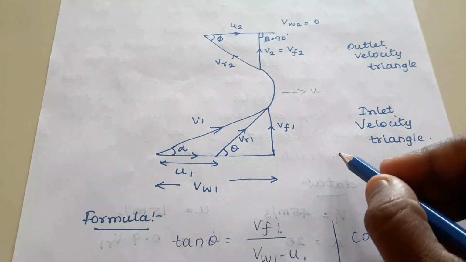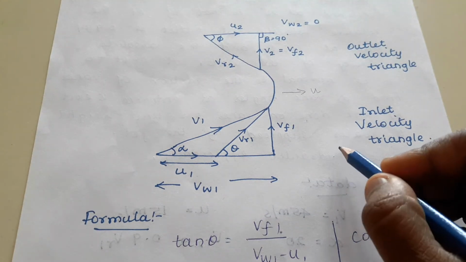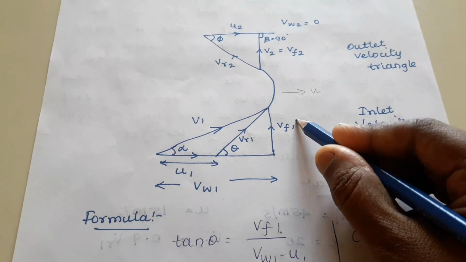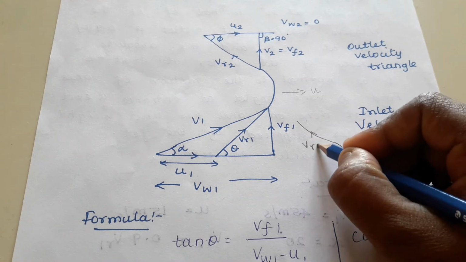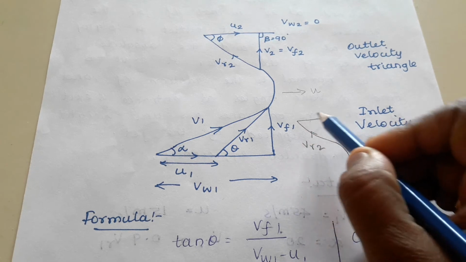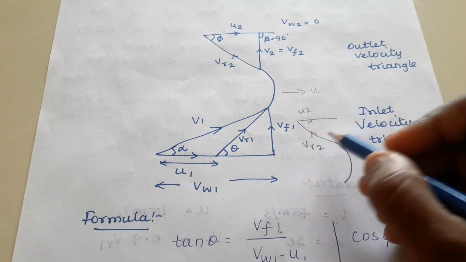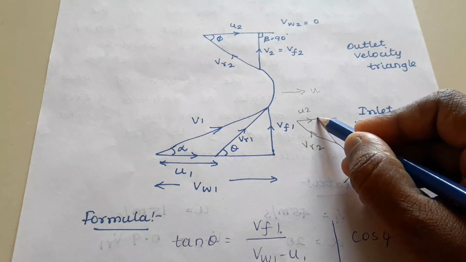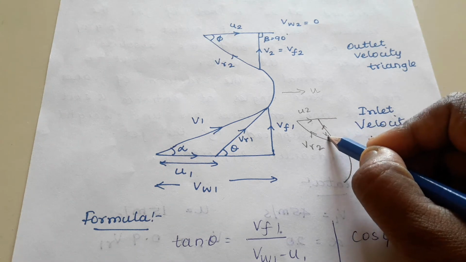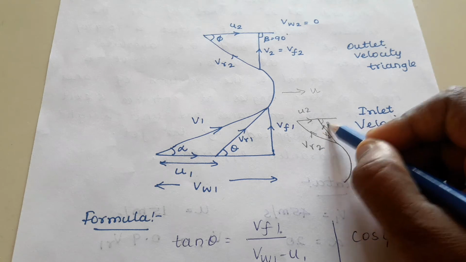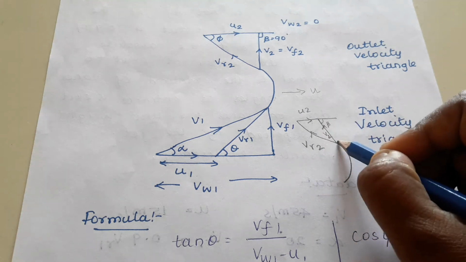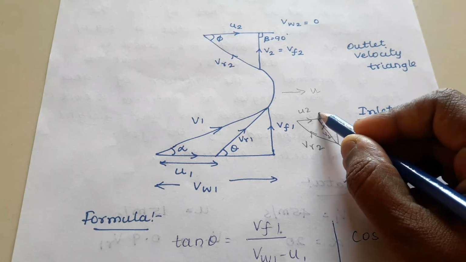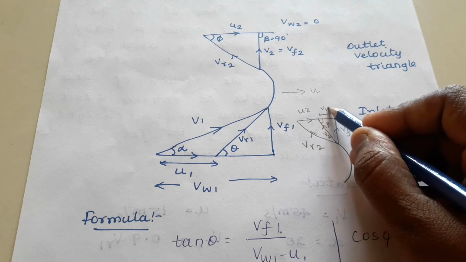So here you have to represent it like this. I am drawing the outlet condition. This is a vane. The water is coming out with the relative velocity of vr2. The vane is also moving, so u2. With these two, you'll get the velocity v2, absolute velocity v2. It has an inclination of beta. v2's vertical component is vf2. v2's horizontal component is vw2.